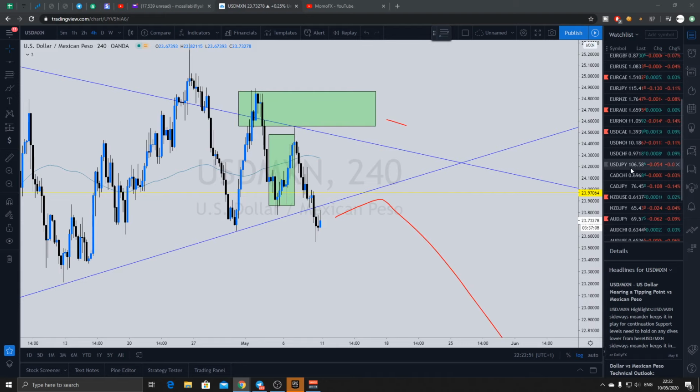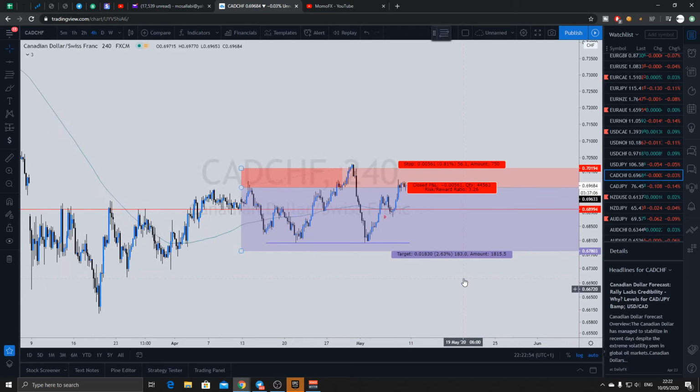To be honest, I don't even think I have CAD CHF here. I do, but I don't really trade them pairs because they're very